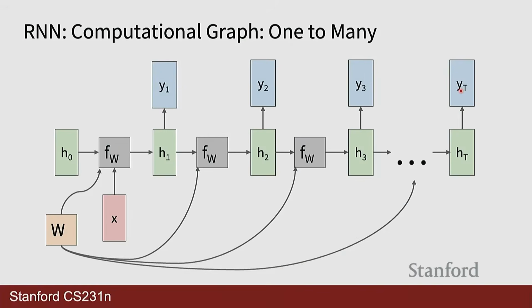And then if you have a one-to-many mapping, like in image captioning, there was a question about how you could incorporate the previous Ys. So you still need to have an input to your FW because there are two different weight matrices, one that's expecting input vector X, and the other that's expecting the previous time step's hidden state. So you could imagine that you can put a lot of values in here. You could just put zeros, or you could put the previous